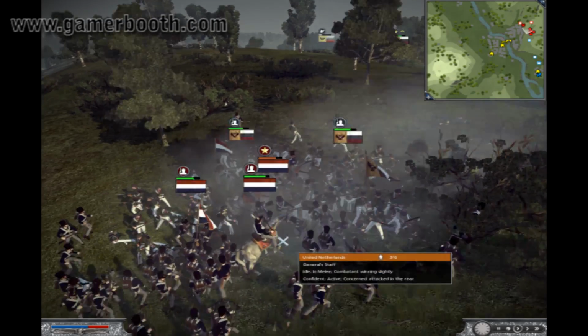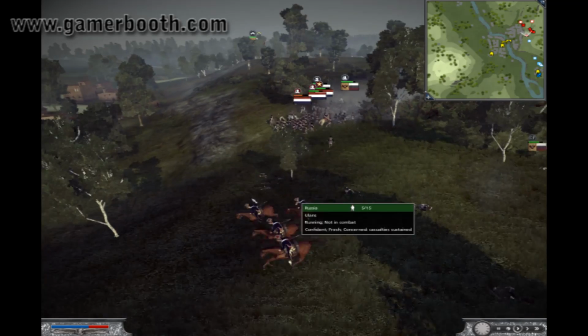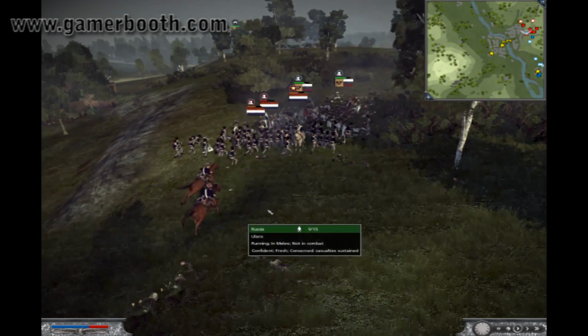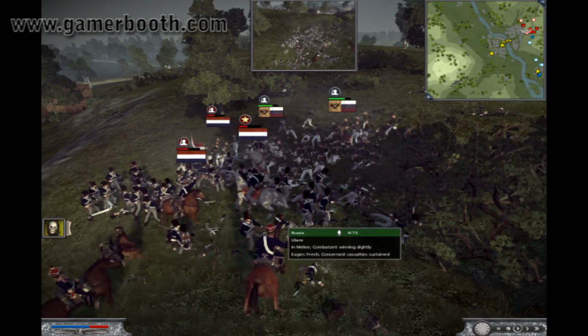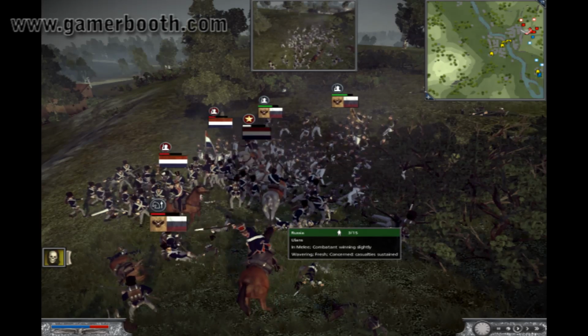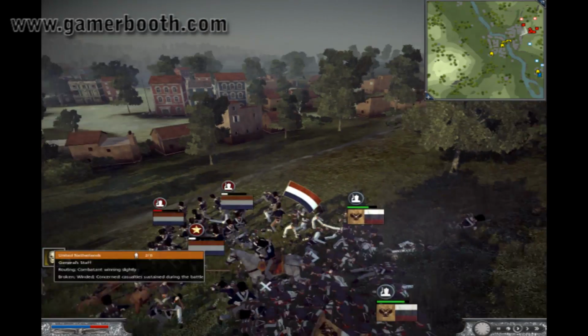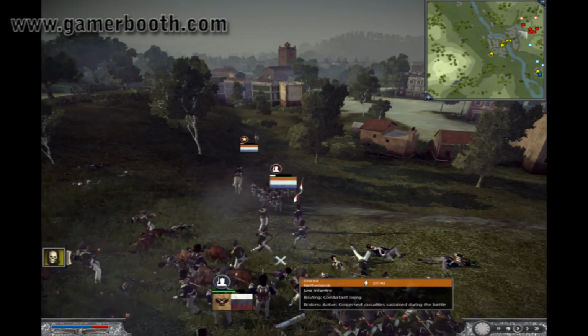His general inspires his units. However, I bring in what little remains of my cavalry. They come in behind, the five Russian Cossacks come in behind, charge them from the back, kill their general in that charge, and that seals the deal. The Dutch units see the death of their general, see that all hope is lost, break and flee from the